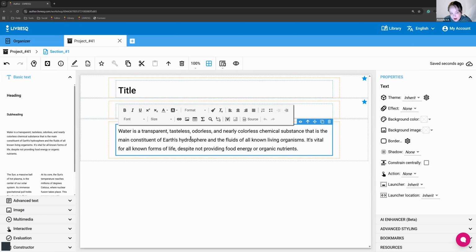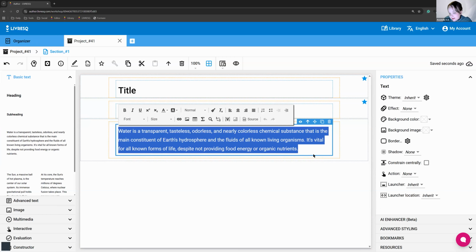It works in the same way. I can double click and then I can edit it. I can select different options. Now, one thing to note is that